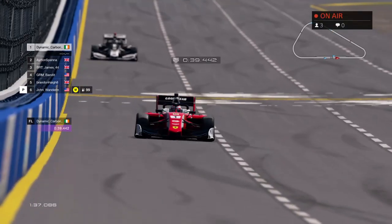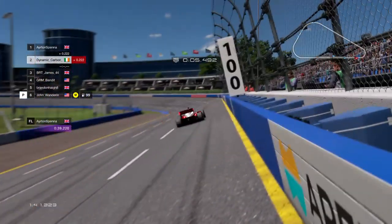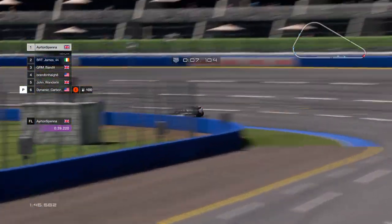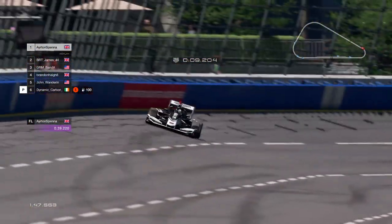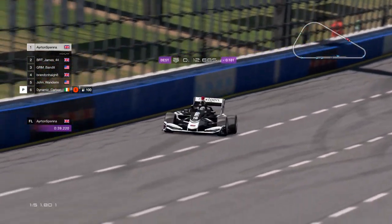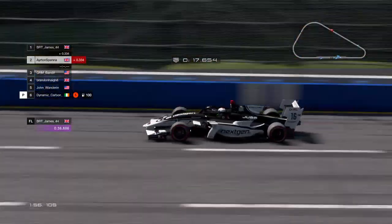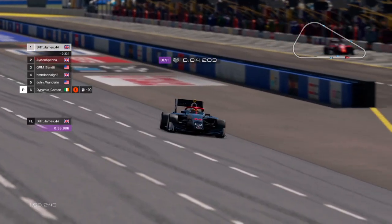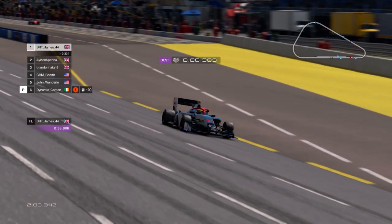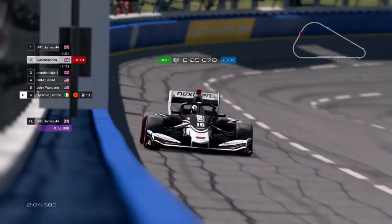Not as fast as we saw from practice. It's a 39.2. Ayrton Spanner goes faster with... actually, they set a 39.2, so Carbon must have set a 39.4. That's a bit of shuffling of the order. Now James has gone fastest with a 38.8. Ayrton Spanner dropped down to second from that,